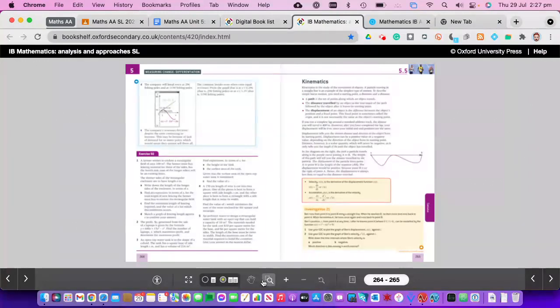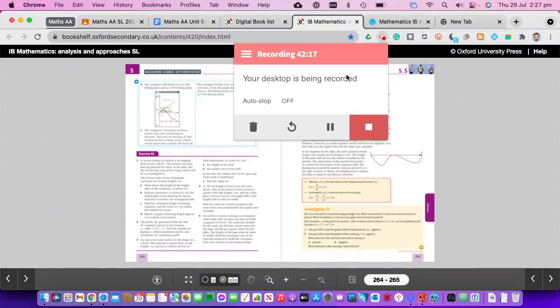So is tomorrow purely a revision? What day is it? Well, to be precise, I'm just going to